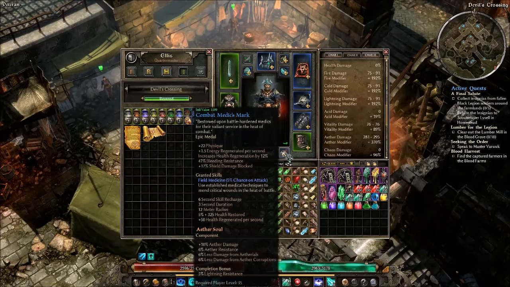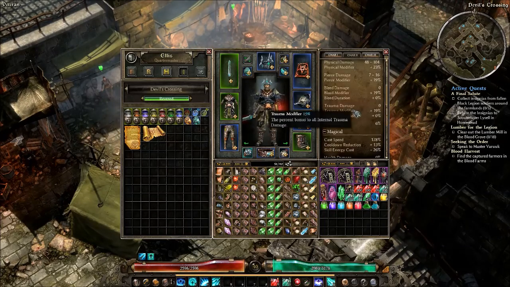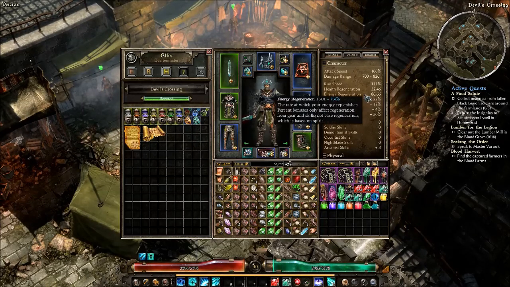And that reminds me that the Aether Soul has also been changed. Aether Soul used to be like a flat 5 Aether damage, I think, and then 10% energy regen, plus your completion bonus. Now it gives you 10% Aether damage, and then 6% Aether resistance, and 6% less damage from Ethereals and Aether corruptions. What this means is that losing that 20% regen did drop my energy regen by quite a bit, and I have sort of made up for it